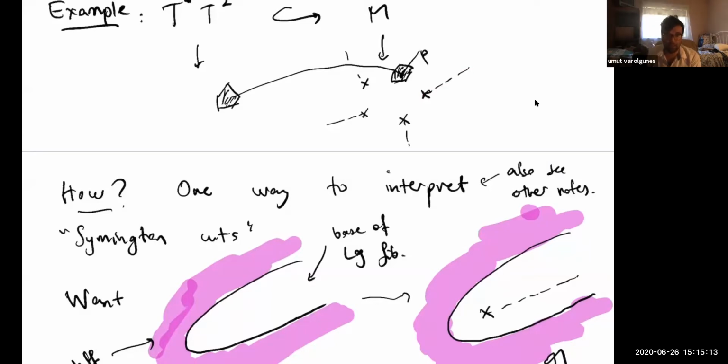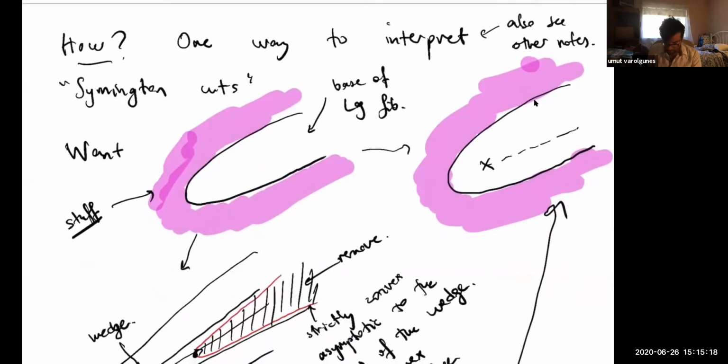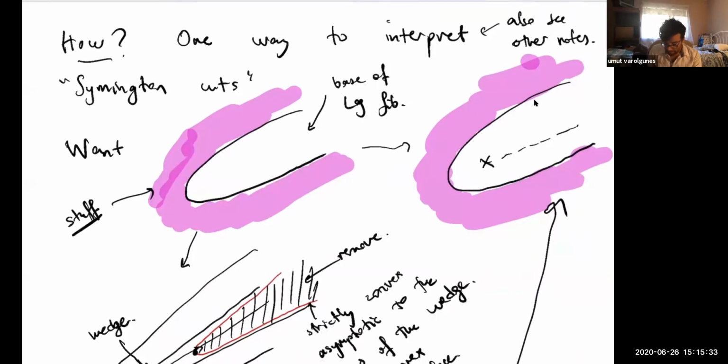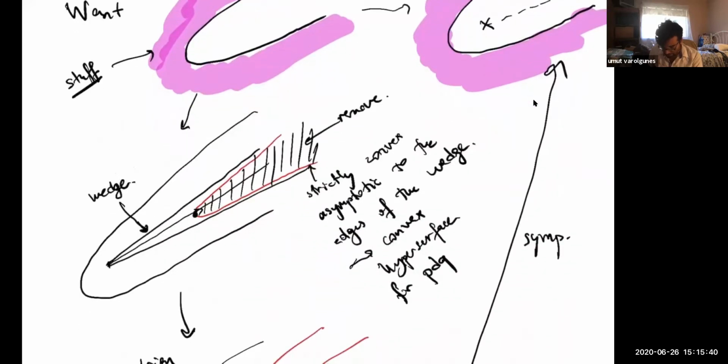And one way to explain how the symplectic manifold changes is as follows. I'm just focusing on this part of my symplectic manifold, and I've drawn just the base of a Lagrangian fibration, and there are no singularities there. And the rest, anything can happen. So this is a local operation. What I want to do is make a Symington cut inside this subset. So I choose a point here. There are some assumptions that I'm not really spelling out, but hopefully they will be clear.